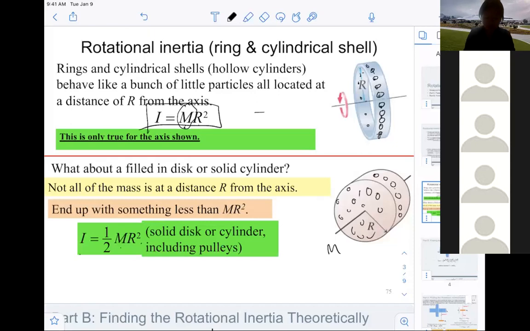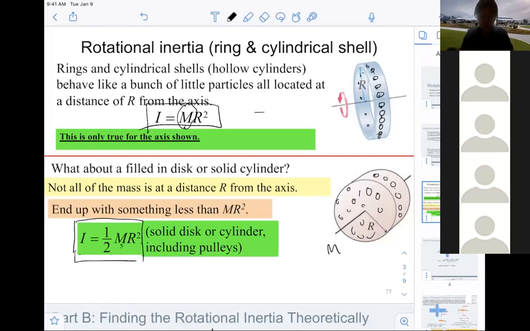The rotational inertia for a disk is 1/2 m times r squared. In your lecture, you will see this later, and we will probably talk about exactly where the 1/2 comes from. But here, we will try to make sense that it is 1/2 because it makes sense for it to be smaller than the ring,